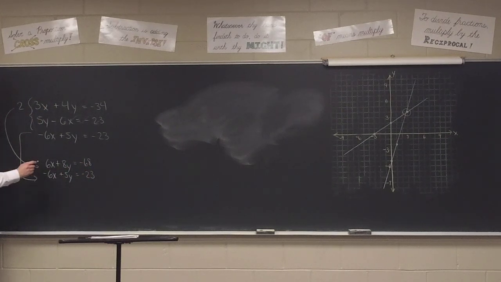Maddie? Right, in this case, these 6x's are already ready to cancel. What if they were both positive, though, or both negative? Then we would need to, in one of the two equations, right? In this case, they already cancel, so we simply add the equations together. Maddie, that gives us